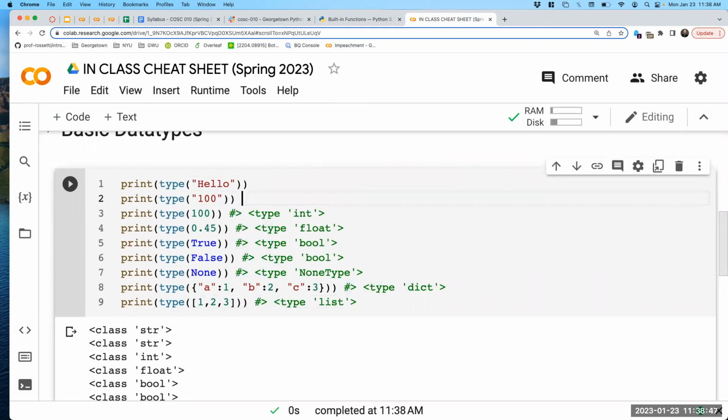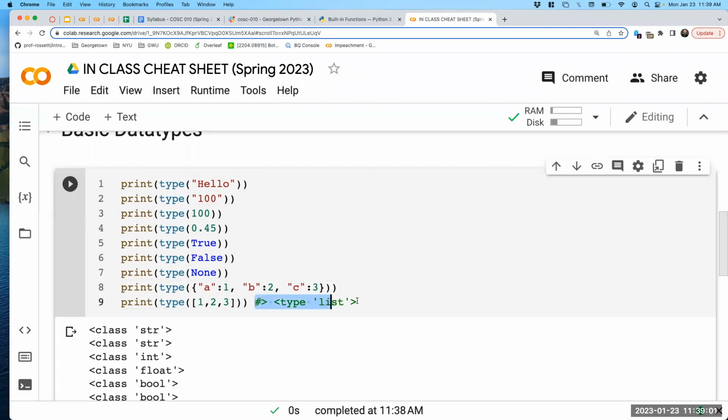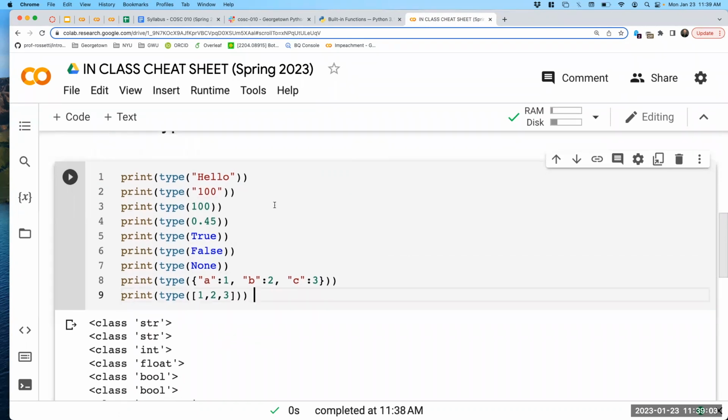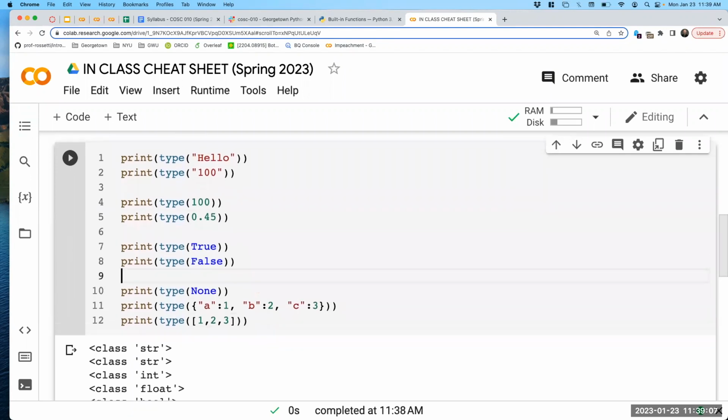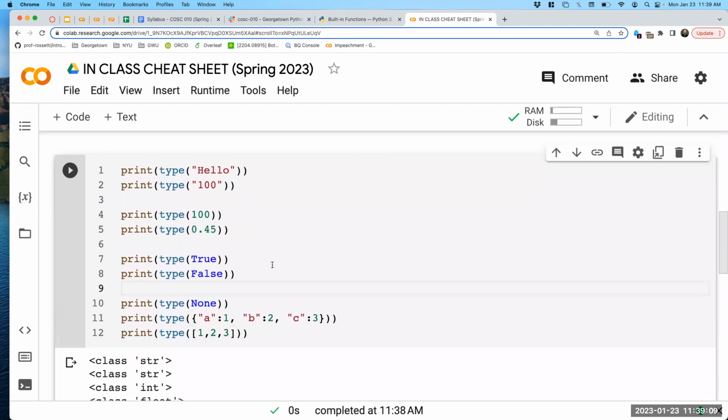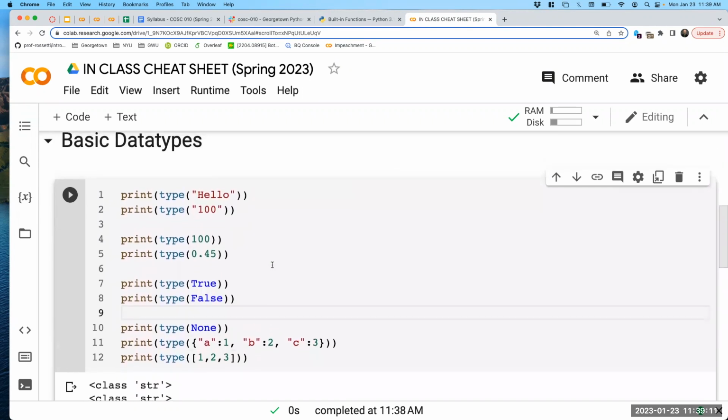Here you see we're starting to use another function, a built-in function called type. And if we pass an object into the type function, it will tell us what data type something is. We'll see in a minute why data types are important and the difference between data types. But just to get started,